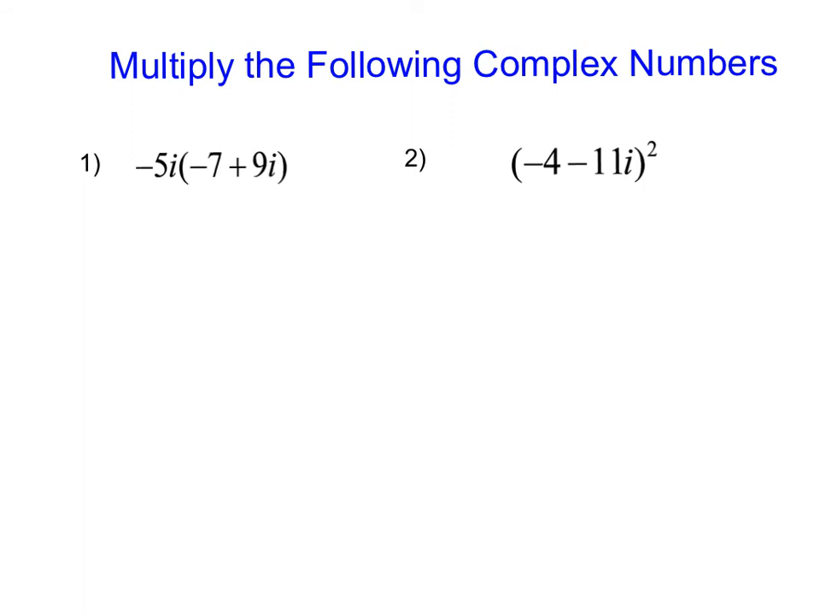So in this first one, I can see that I'm multiplying -5i times -7 plus 9i. And because there's just one item here, I'm going to distribute and simplify. So this becomes -5i times -7. It becomes a positive 35i. And then -5i times 9i becomes a negative 45i squared. So what we need to do here is simplify this further